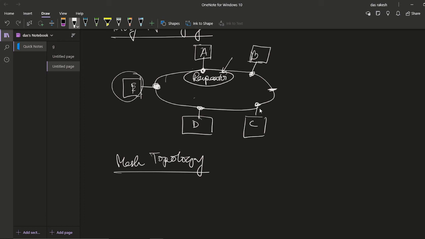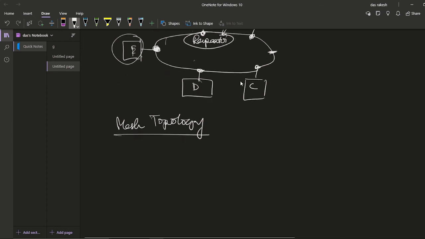then computer B is not sharing information to C, or C is not sharing information. It is possible to use another path, like C shares the information to D, then E, then A, then B. So a long time is needed, much more time, and therefore delay can be generated.